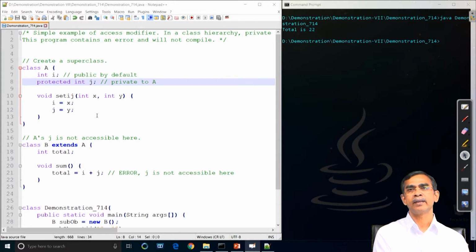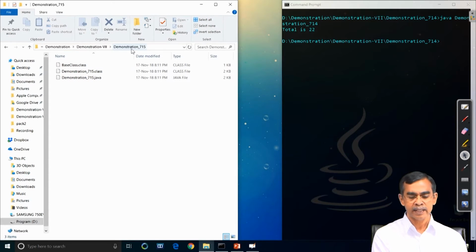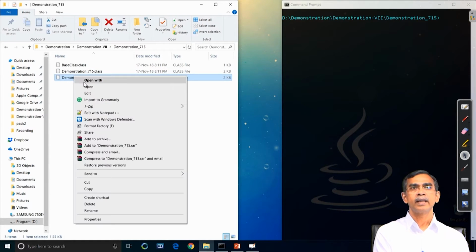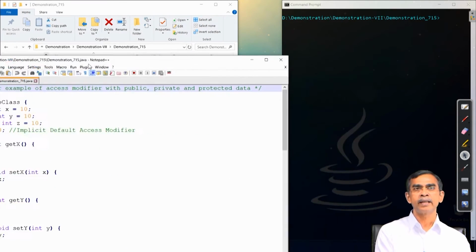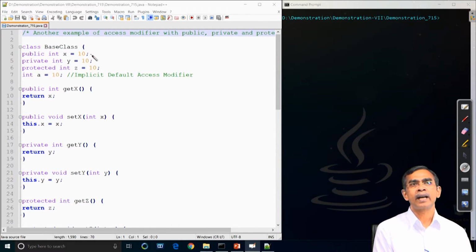Now, let us have a somewhat bigger example, which includes many other methods with many access modifiers. 7.15 is the last but one demo. Let us see the program here. It is a somewhat large program, but it is readily understandable. We have declared one class called the base class, with public, private and protected members, and an integer